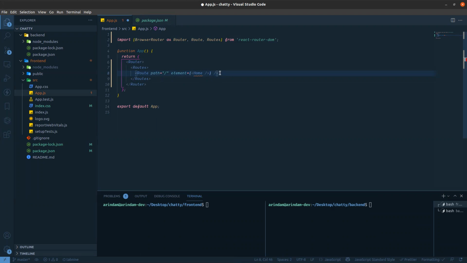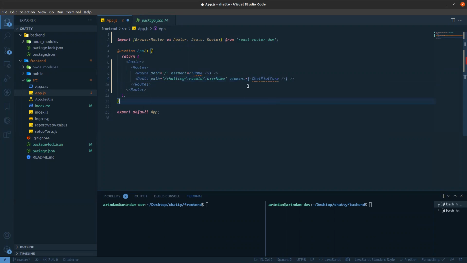And another one is chatting, and for chatting, we are taking room ID and that nickname, or you can say username. So this will be like chat platform.